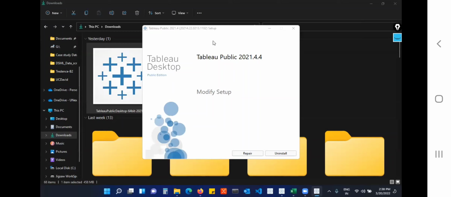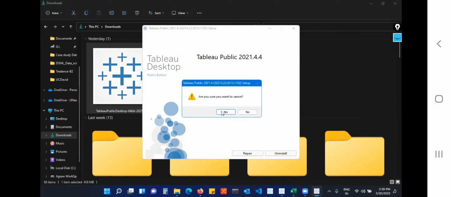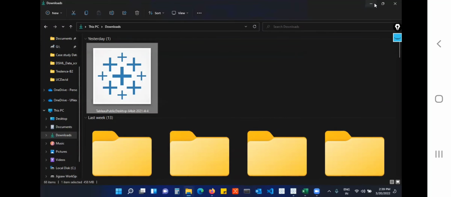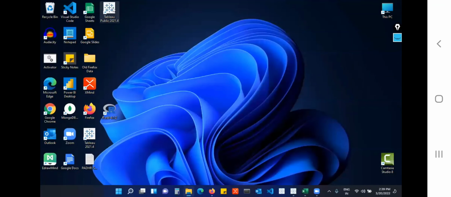So based on that, it will take some time to install. Once you are done with that, it will be available on your desktop itself. Once you install, this is the icon that will appear on your desktop, saying Tableau Public 2021.4. Let me know if everyone got this